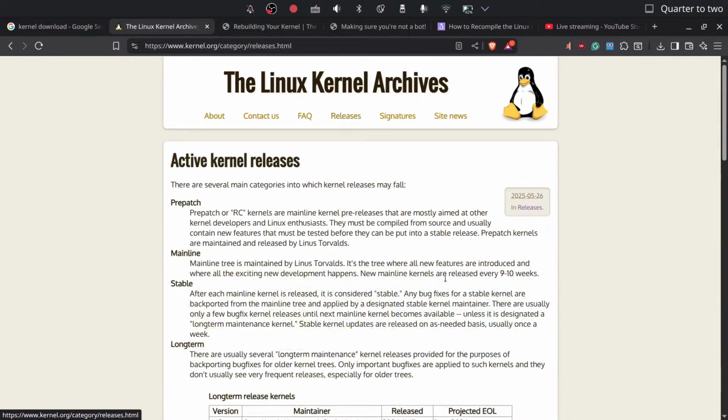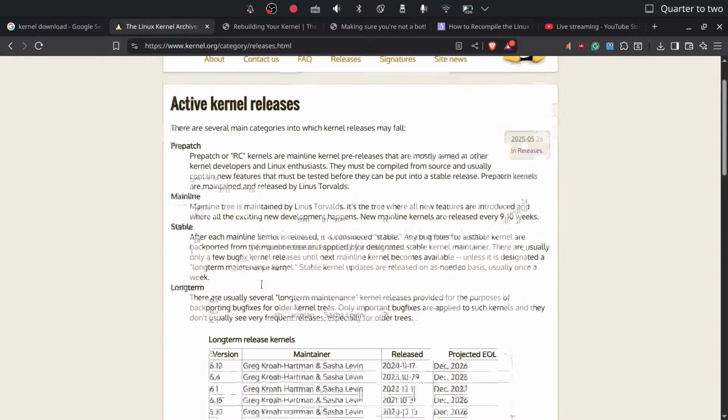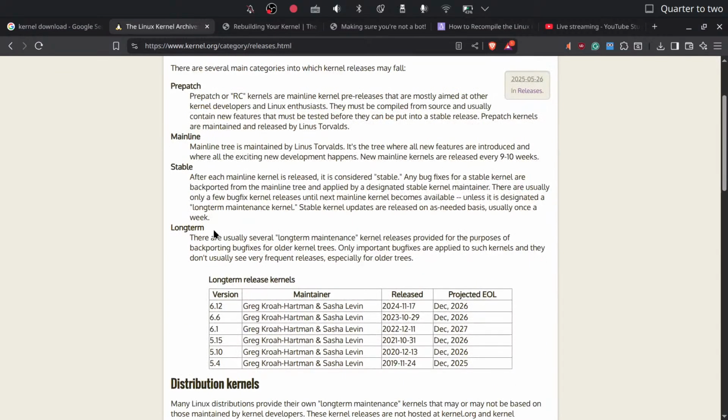All the releases. So let me just check. The mainline tree is maintained by Linus. It is a tree where all the new features are introduced and where all the exciting new development happens. Okay, so it is still in the mainline. Mainline currently released is considered stable. Any bug fixes for a stable kernel are backported to the mainline tree. Dealing only with new bug fixes. Long term is basically